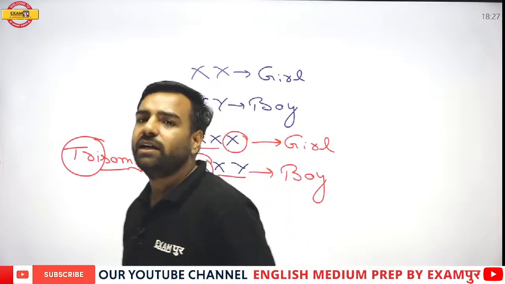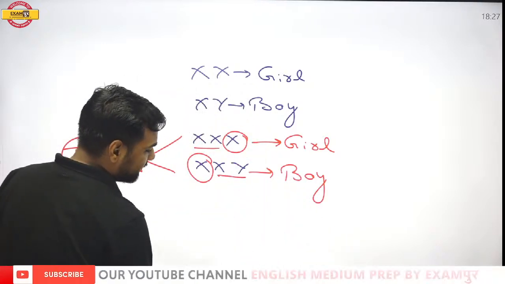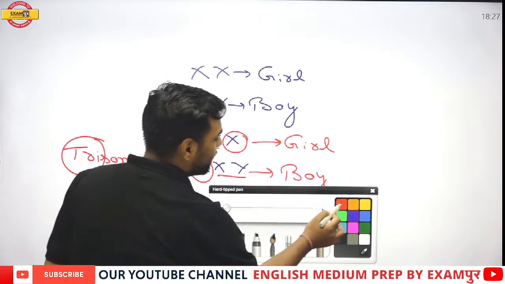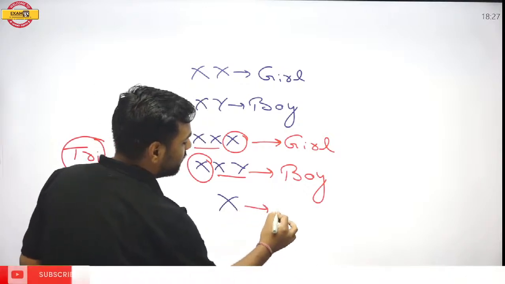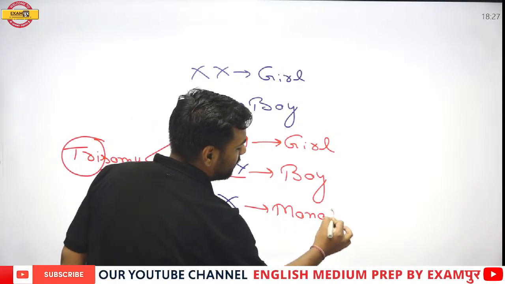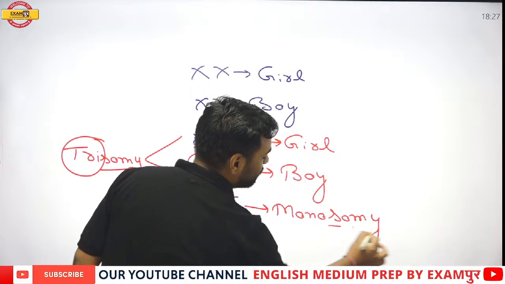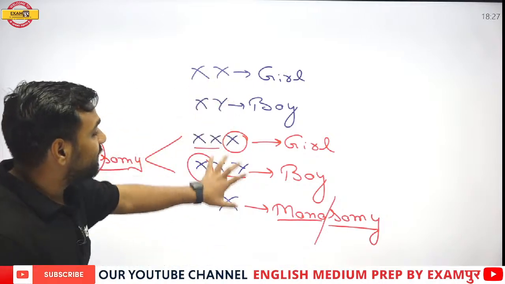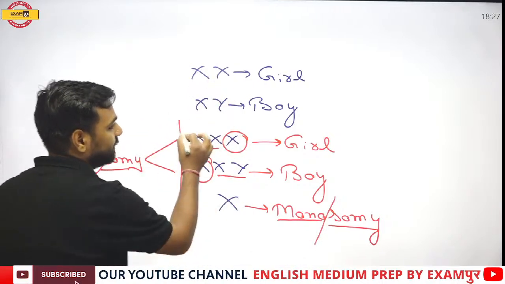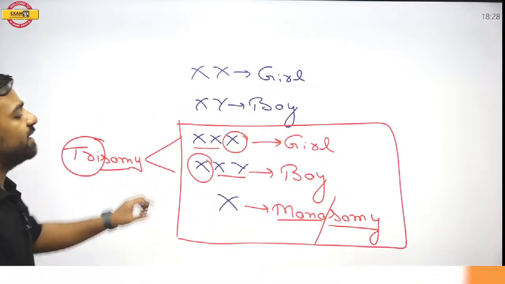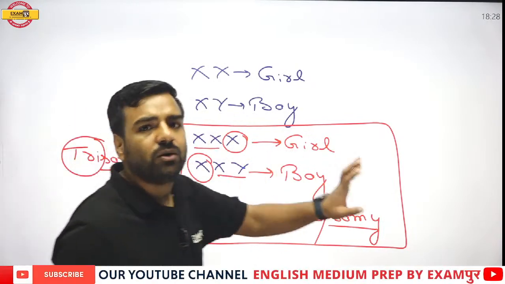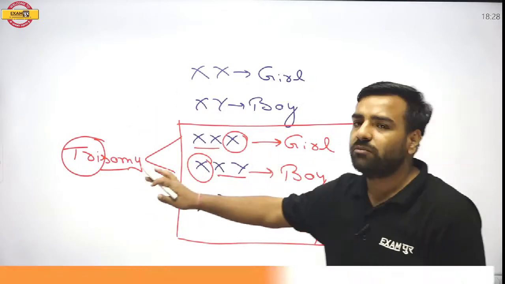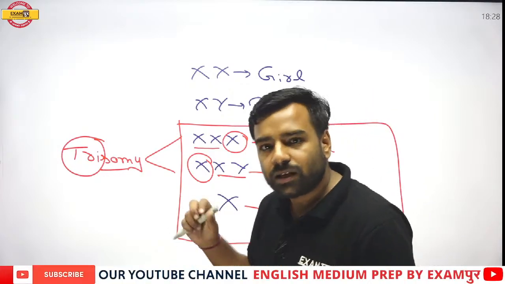Now there's one more condition where there is only a single X, which is known as monosomy. Remember, this condition is monosomy. Now you can relate it with the name itself. When I'm talking about zome, this means I'm talking about chromosomes. Mono means 1. So this thing is very, very important. These are the abnormalities we are talking about. So how are they caused, what are the issues with this? Is there any other name apart from trisomy and monosomy that is given? Let's have a look.